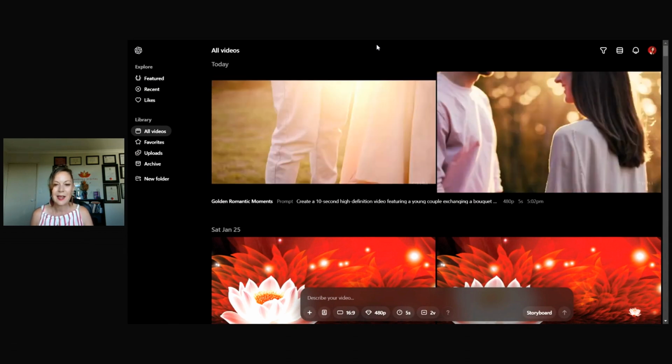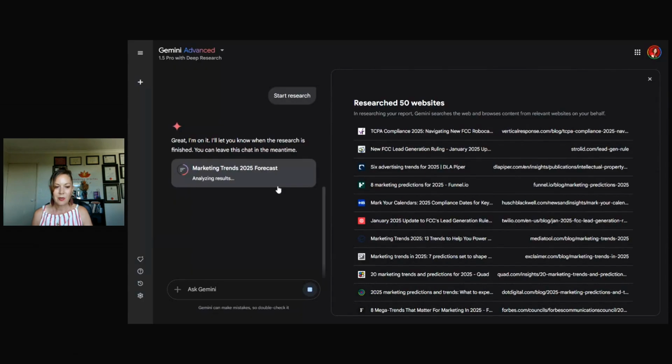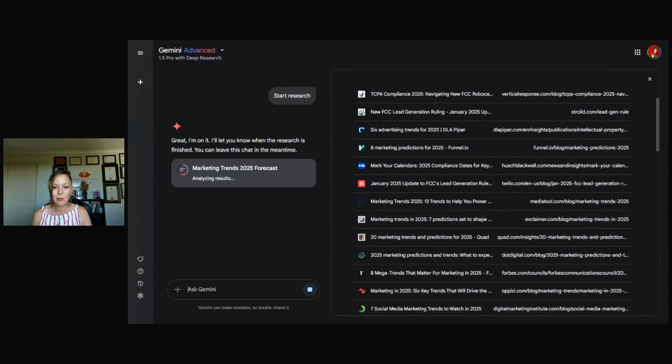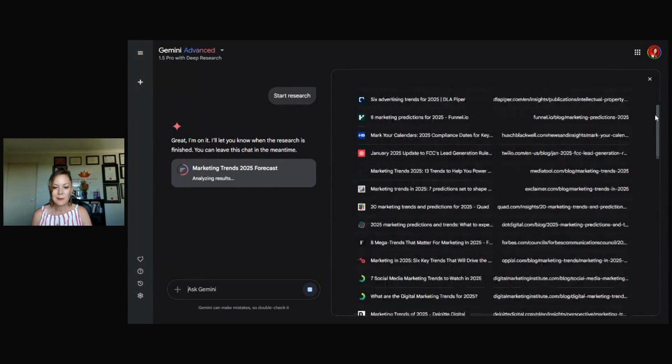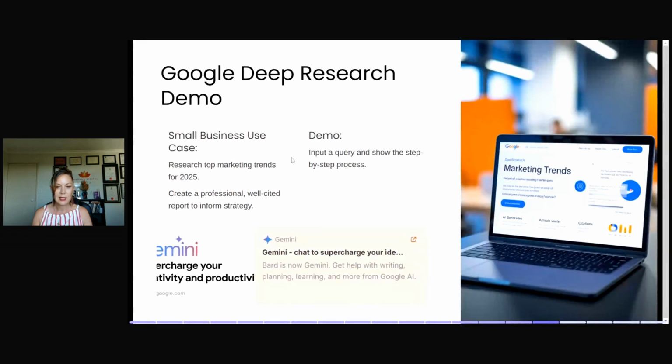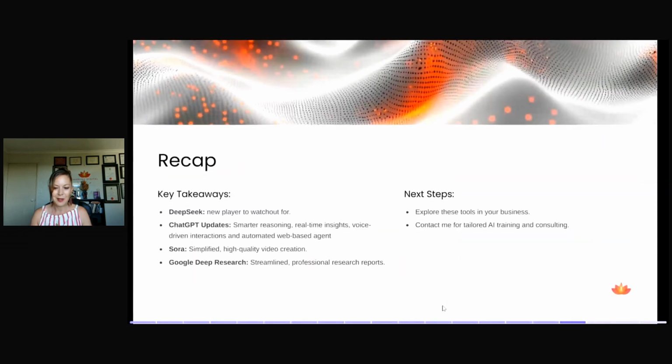So let's go back now to Gemini. And so it's still analyzing here, but you can see it's gone to 50 websites. How long would it take you to do that yourself, to actually go through and scour websites and bring back all of that information? It will take forever. So it's still analyzing. So we'll come back to that as well. So we'll move on with the presentation, and then that can be the final hurrah. I'm mindful of your time.